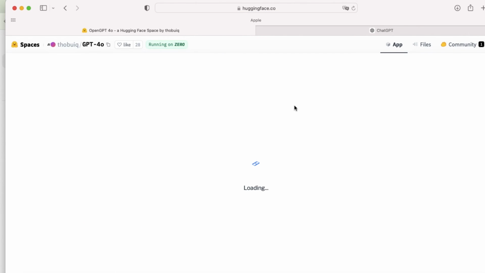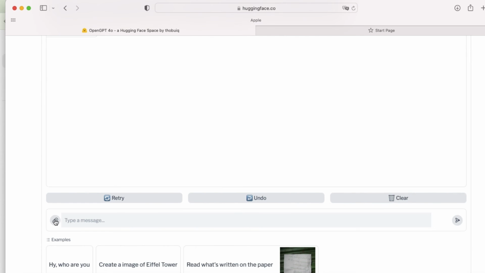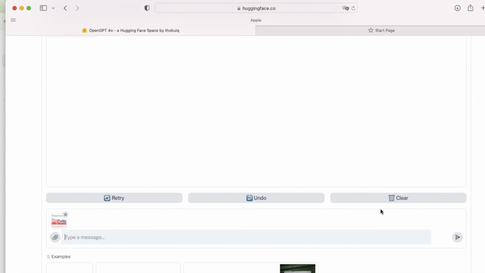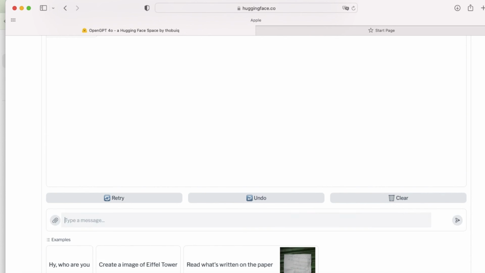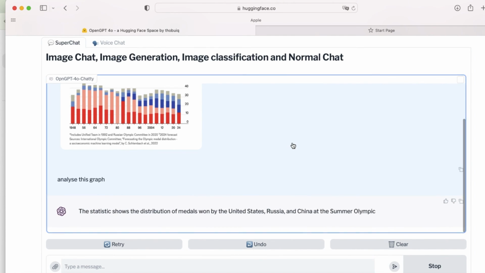And as you can see, you can use voice as input or chat version that allows you to chat with AI and upload files. And I'm going to upload the same graph on Olympic Games from The Economist that I used earlier. So this model takes a bit more time than the usual ChatGPT-4o, but I get my answer and